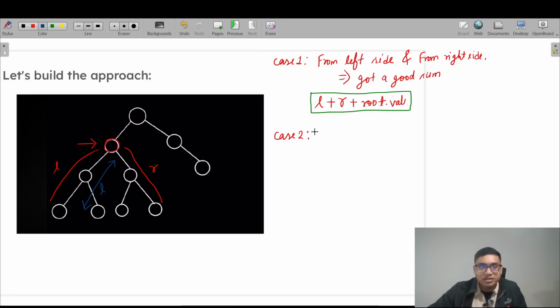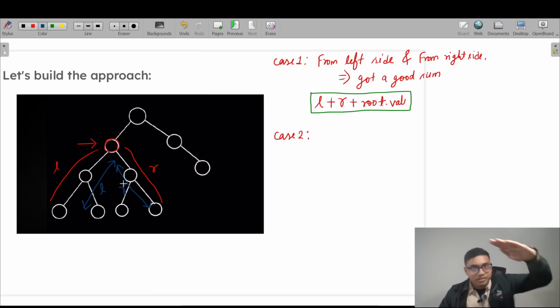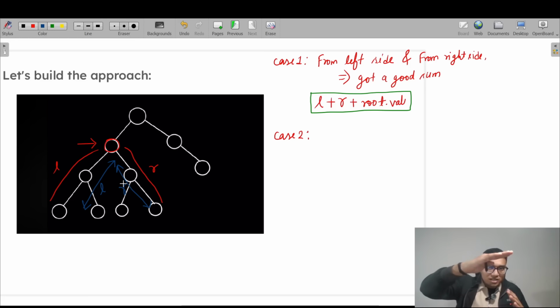So we can write like this. For the right also it is possible from the right side. So whatever the maximum, I will take. From the left side or the right side, whatever the maximum, I will take, then I will add the root value. Getting my point? So this is another case. So we will write like this. Case second, whichever is